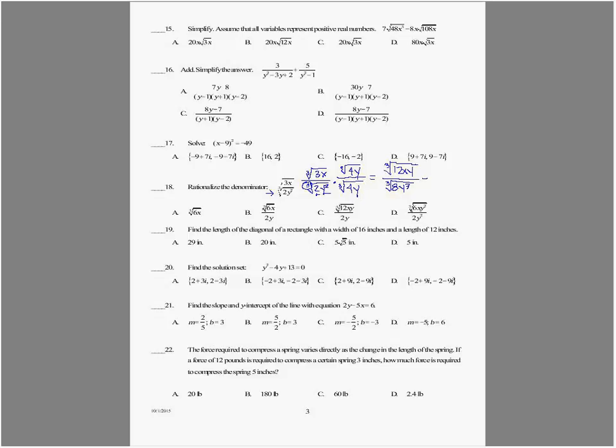Now, if we simplify this denominator, it breaks down to 4 into 2 and 2. So it's 1, 2, 3 2's. We are looking for 3, so we can take that 2 out. Same with the y's. We have 3 y's. We're looking for sets of 3, so we're taking out 1 set of 3 y's.